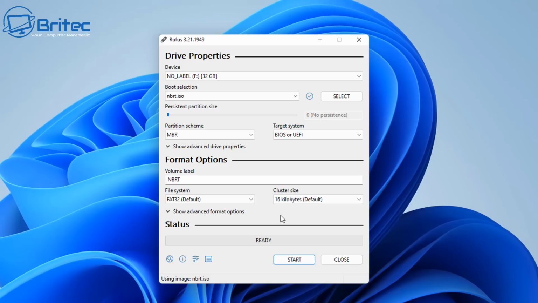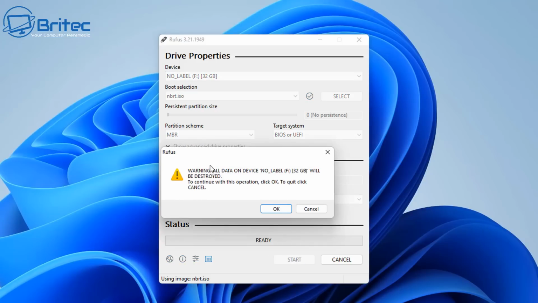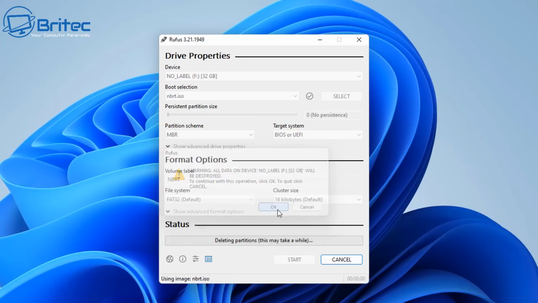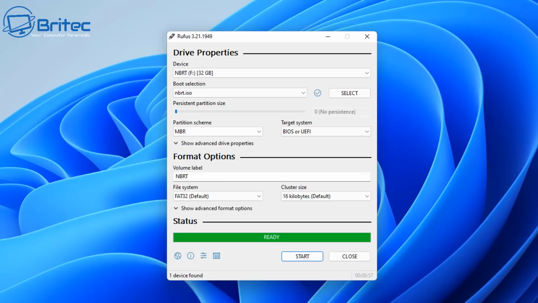If you're on a more modern PC, it'd be GPT. But I'm going to leave this as MBR, and we're going to click OK here to overwrite the flash drive. This will destroy any data on the flash drive, so if you've got data on there, then make sure you back it up first. We'll leave all the settings as is and click OK, and hopefully we now have a